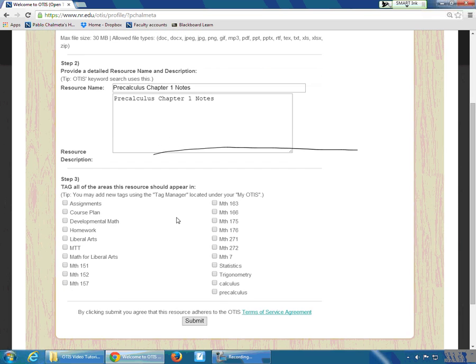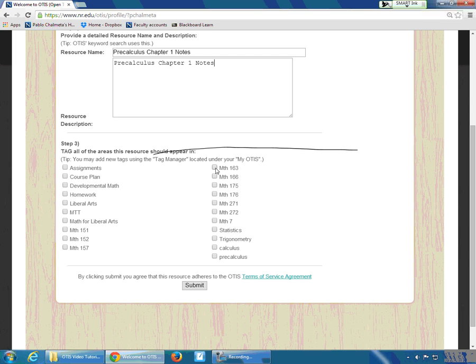And then you give it some tags. So it's pre-calculus, so pre-calculus is Math 163, and also it's called pre-calculus. Those are the only tags that would be appropriate to this particular resource at this time. But maybe I want to say, what would be nice is if I had a tag that said notes, because then I could share the notes using that same tag. So I would submit this,